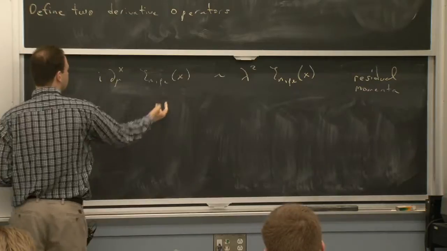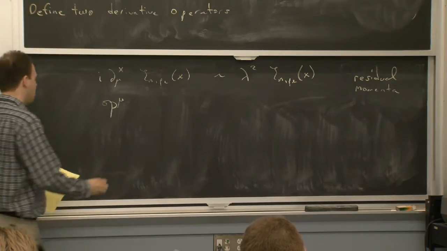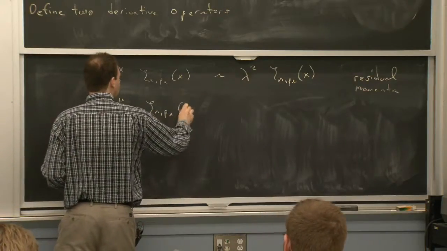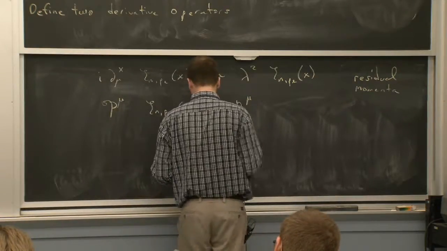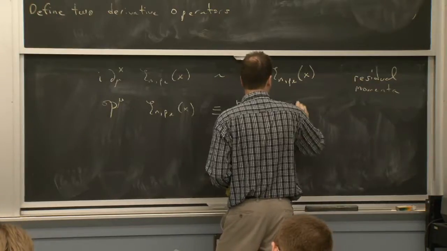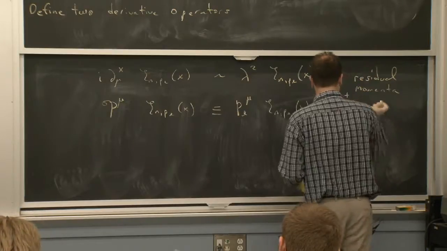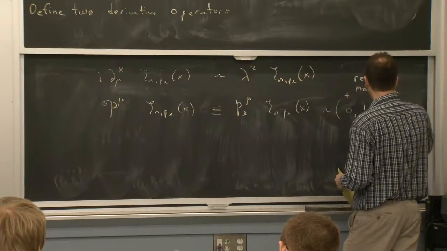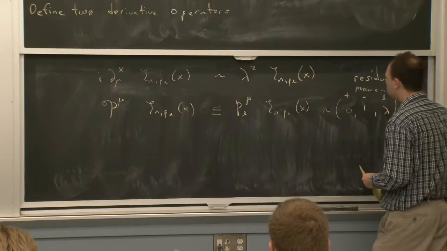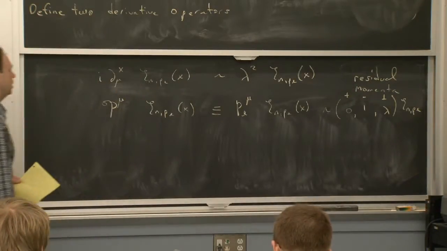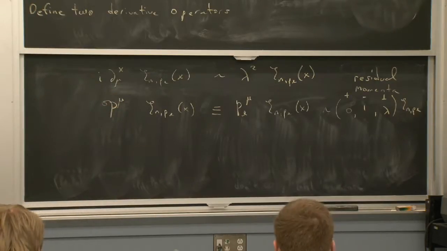Then we need something that can give us the labels. So we define an operator that does that, which we'll call curly p. It doesn't care about x. And it's just defined to give the PL mu of the field it acts on. So there's no plus component to this. There's an order 1 minus component, and then perp, it's order lambda. I want to say how big that guy is. So then we have a power counting that tells us how big the p is and how big the partial is, and we can compare them and we can expand them.